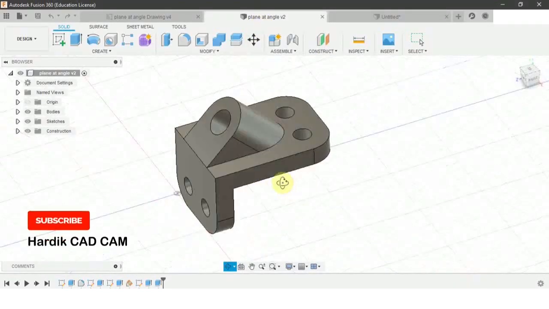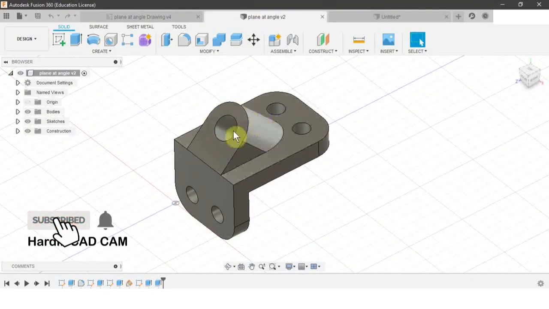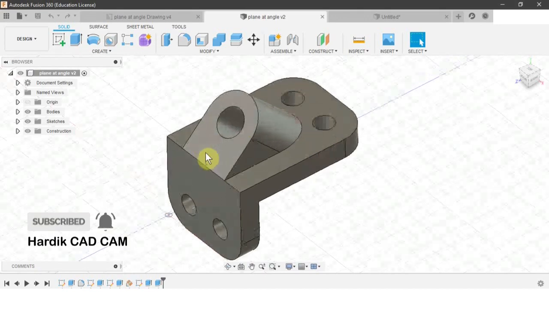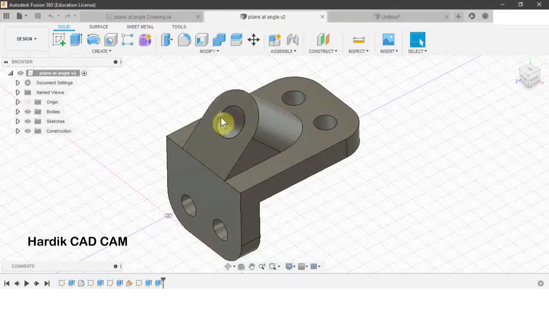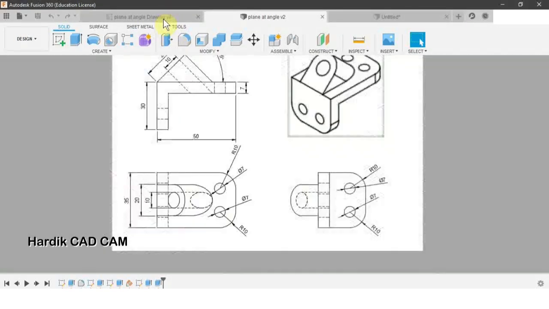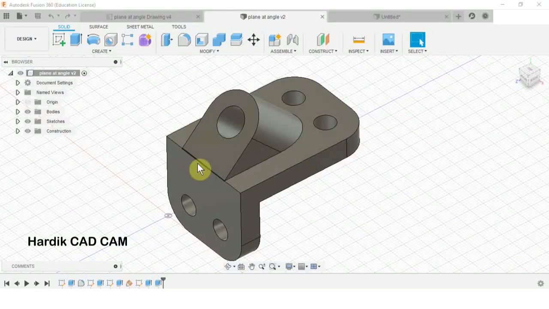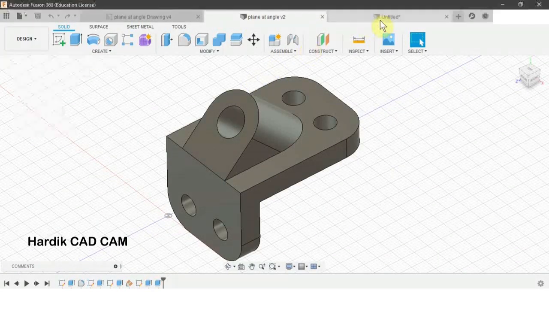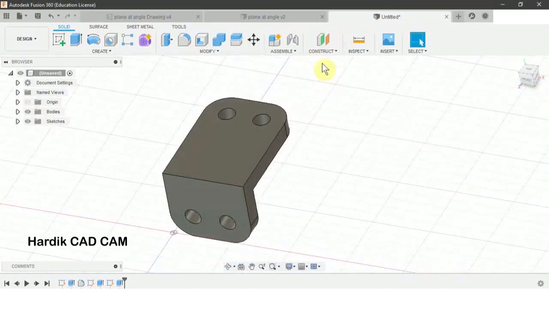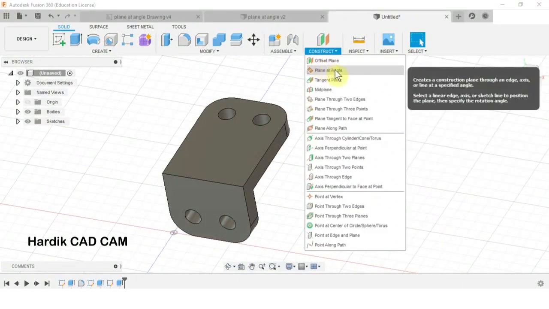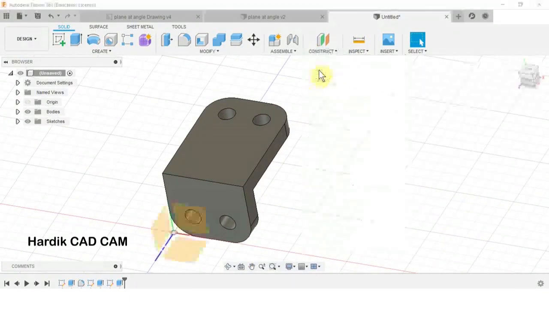Now we need to create this upper part of the model. For that we'll need to create a plane at an angle of 45 like this. We will need to create a plane at 45 degrees to this horizontal face. For that we will go to construct and we will select plane at angle.